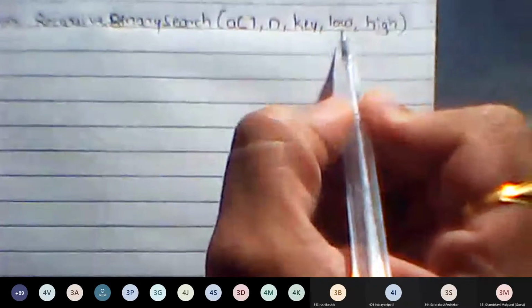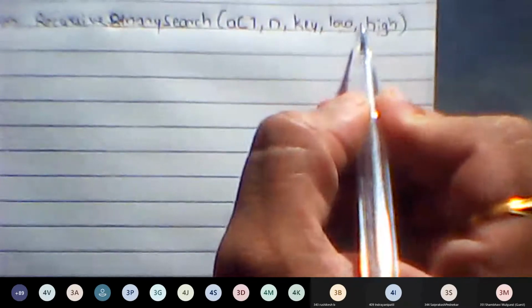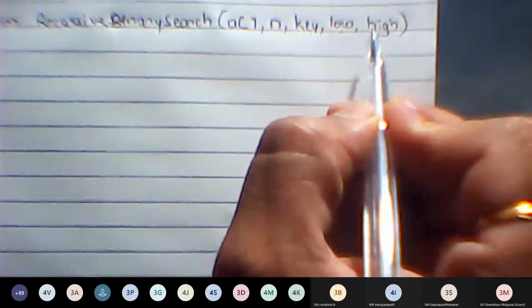Now the first part we will write, that is if. Now we know that low and high indicate what? Low should be less than or equal to high. Once low crosses high, that means we cannot perform the search operation. So if low becomes more than high, the element which we are trying to search doesn't exist in the given array.